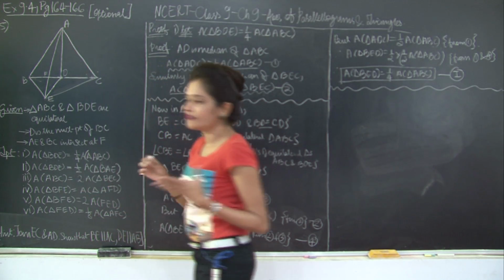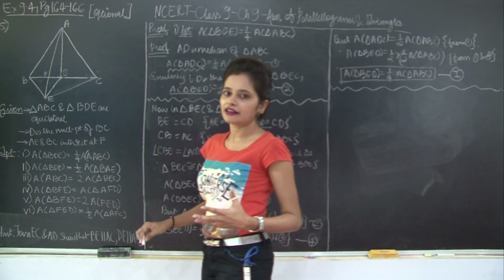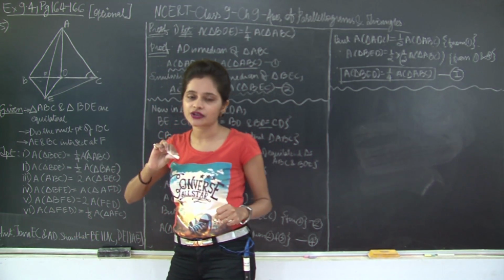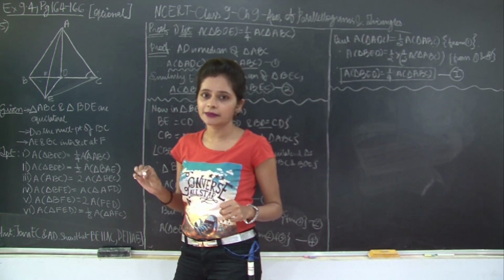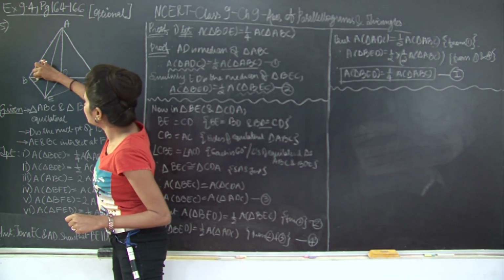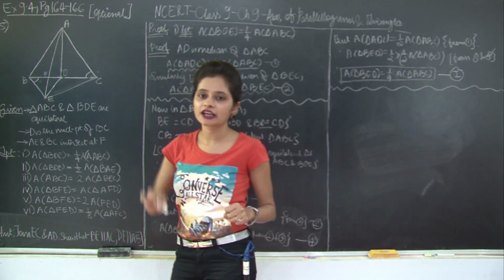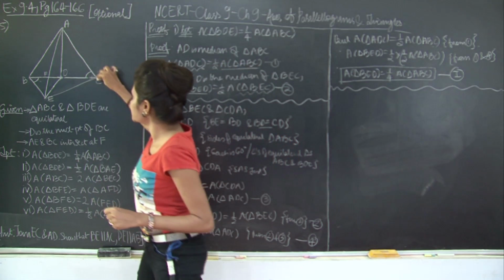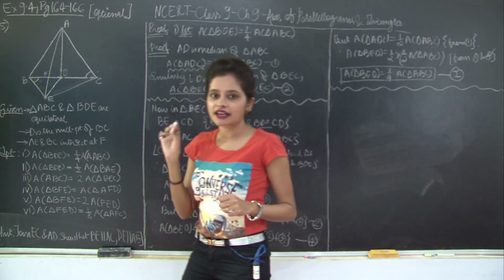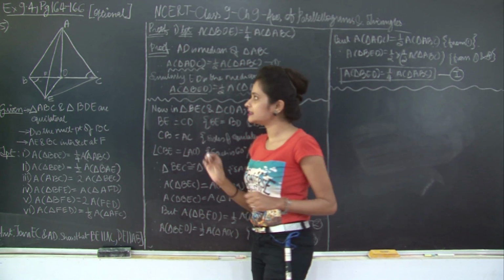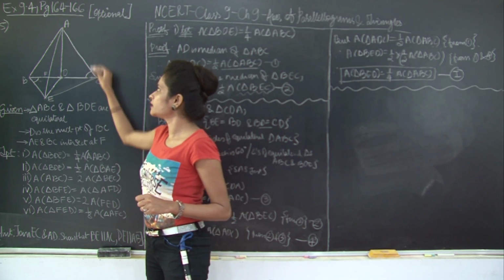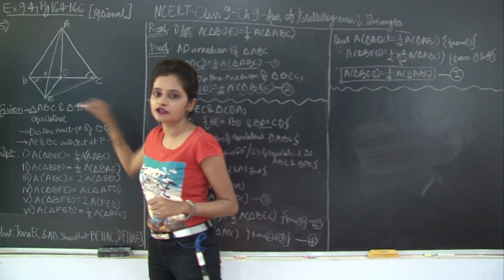Don't you think we can very easily prove that these two lines are parallel? By showing that this is 60 degrees, we know that this is an equilateral triangle, angle of an equilateral triangle ABC. Similarly, this angle is 60 degrees because it is an angle of equilateral triangle BDE. Therefore, what do we have? See, there is a Z forming here. Therefore, these are a pair of interior alternate angles for lines AC and BE, and these angles are equal. Therefore, I can say that AC is parallel to BE.